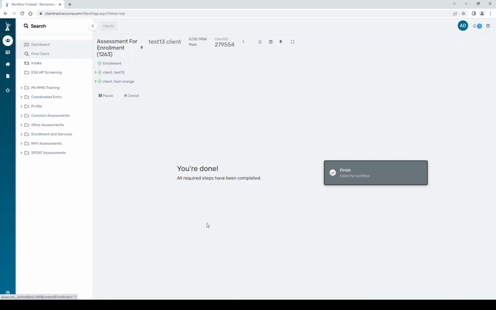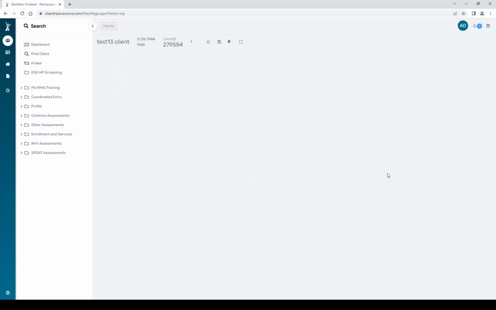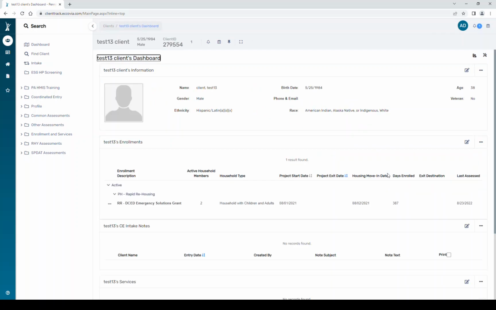And that is it for the minor, just the universal data assessment. Come through the workflow to the page where it says you're done. All required steps have been completed. And then we can finish and close the window. So we have completed that annual assessment. Now I'm going to show you the other way to complete an annual assessment